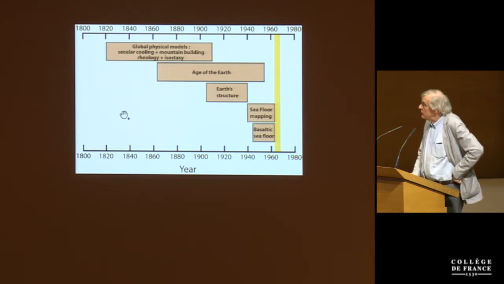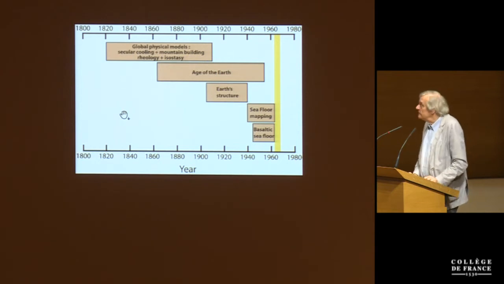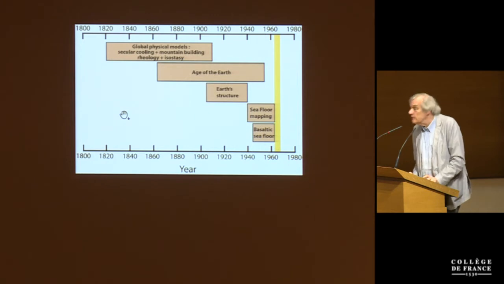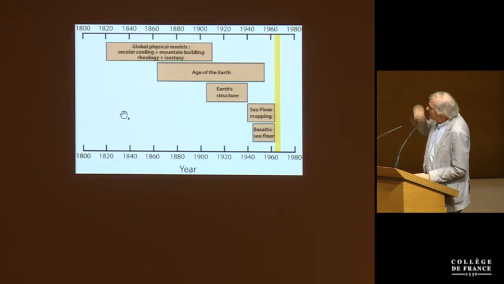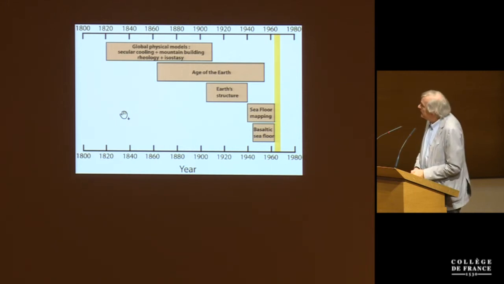The Moho was discovered in 1909. I would like to point out that before that, Robert Strutt, the fourth Lord Rayleigh, had argued that the continental crust could not be thicker than about 60 kilometers on the basis of heat flow measurements. Because I'm interested in heat flow, I thought it was worth pointing out that this was made before the Moho was discovered by seismologists. And of course, by the 1940s or whatever, we had a pretty good idea of what the